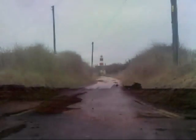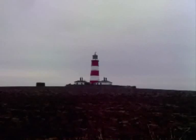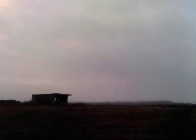Happisburgh is a small coastal village famous for its lighthouse, being the only independently operated lighthouse in the United Kingdom. During the Second World War, Happisburgh also played an important part in winning the Battle of Britain. Two important sites remain as a reminder of the coastal defences once put in place here to help defend against